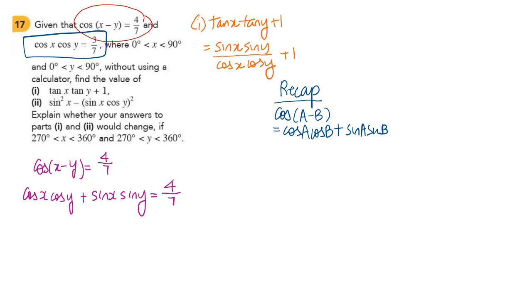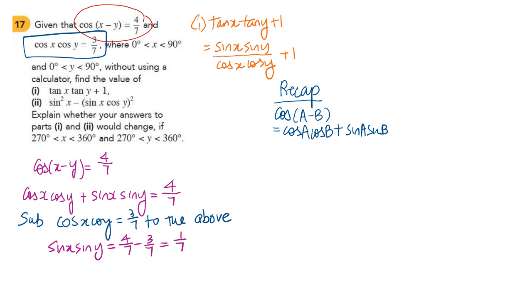Right, and we're going to substitute cos x cos y to be 3 over 7 because it's given in the question, to find sine x sine y. So this question is a bit similar to the one that we've done earlier, similar in terms of applications. So with the values for sine x sine y and cos x cos y,